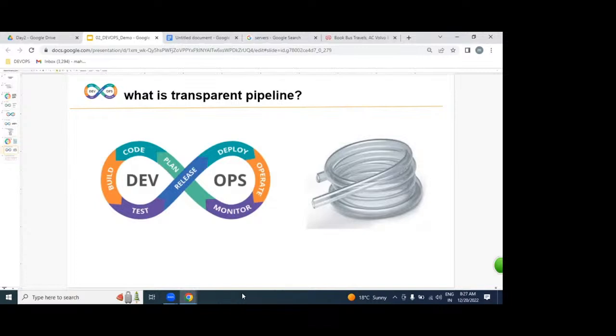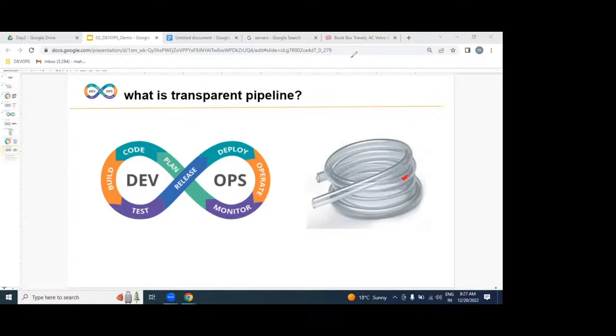If you get any issue here, any problem or error in the middle of this pipeline, by one look itself you can see where the problem is, and as soon as possible you can fix this issue. The same way in the DevOps process, due to an automated process, if you get any issue or problem in the middle, we can fix it as soon as possible. It will take some time, but it is a very short step.